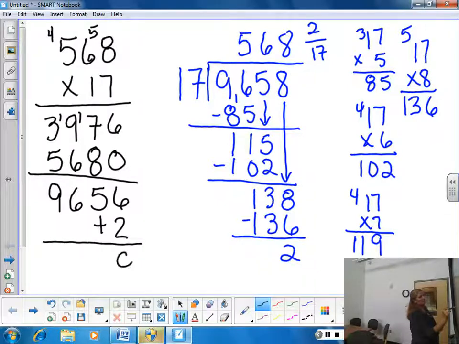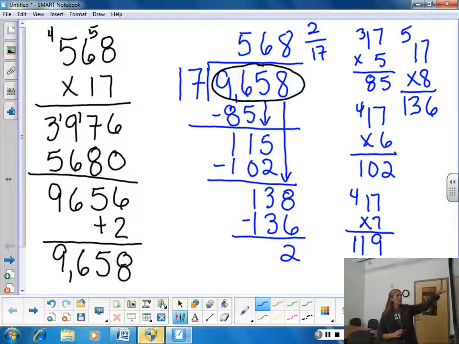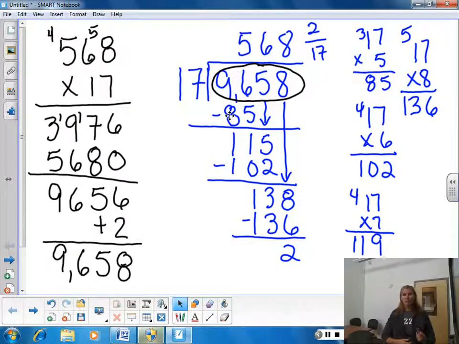And that gives me 8, 5, 6, 9. That gives me 9,658, and that is my dividend. And as long as I multiply and add the remainder and get the dividend, then I know that I did that correctly. So there's an example with a 2-digit divisor, and the reason it's harder is because those numbers are